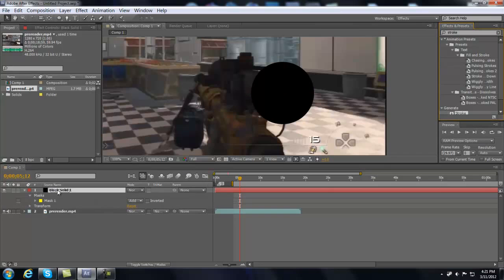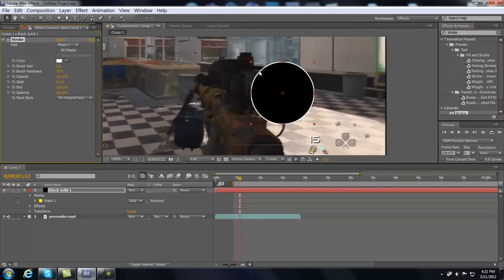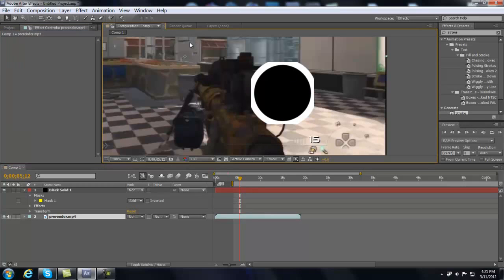Then you want to drop that onto the solid. Then, as you can see, it generates a little white line around, and I'm actually going to bump this up to about 11 or 12. Put this to 12, and as you can see, it gets cut off there, and we're actually going to fix that by just